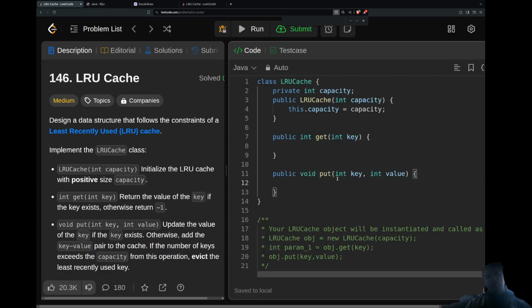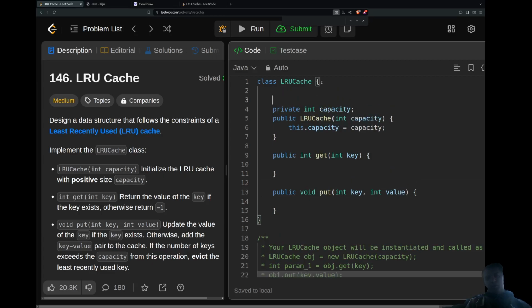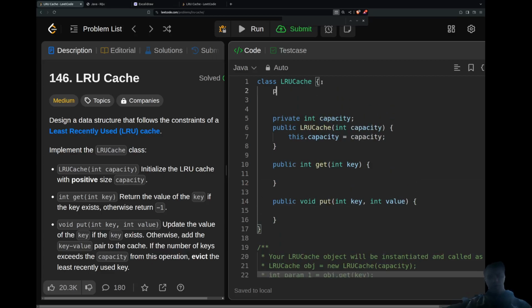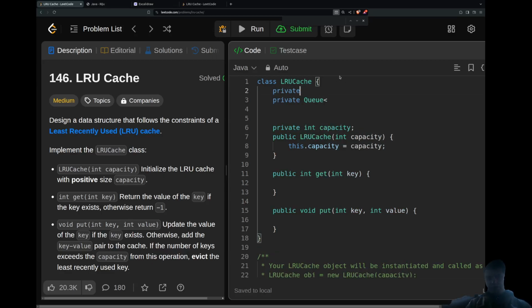Let's say we have a queue-based approach. So you have a private queue, and then you have